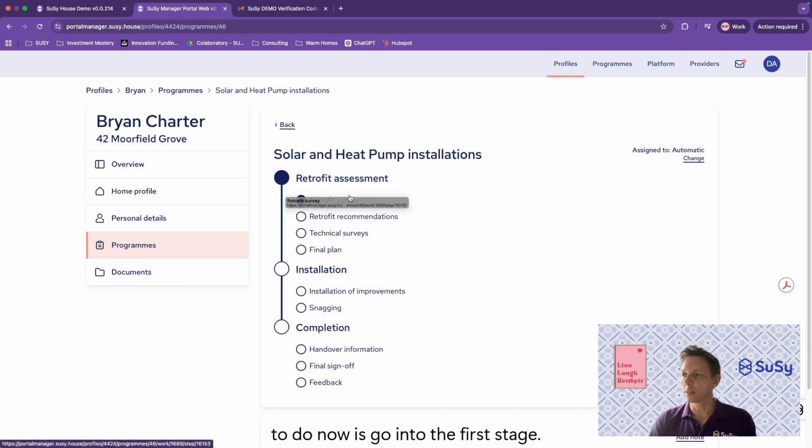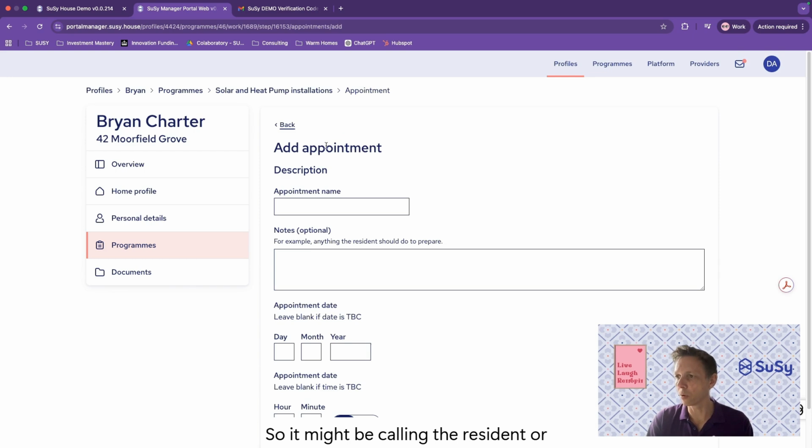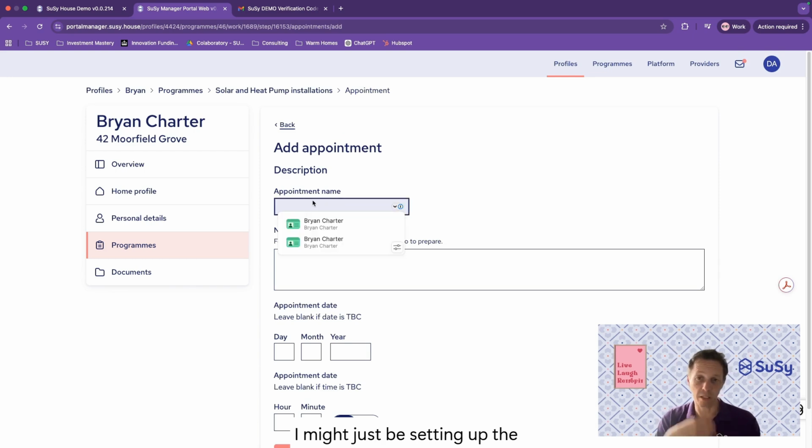What I'm going to do now is go into the first stage, and I'm going to set up an appointment. So I might be calling the resident, or I might just be setting up the appointment and allowing the system to notify them that when the appointment's going to be due.